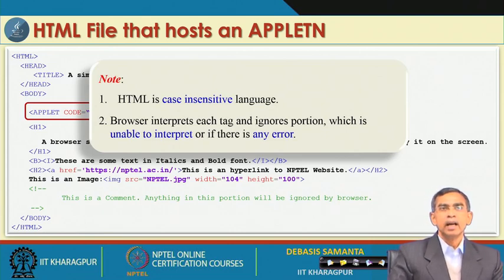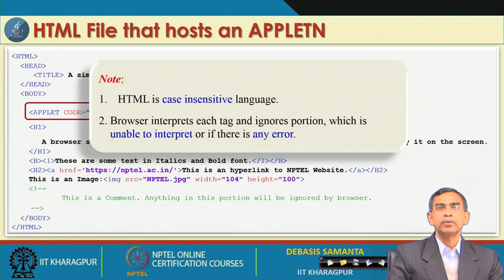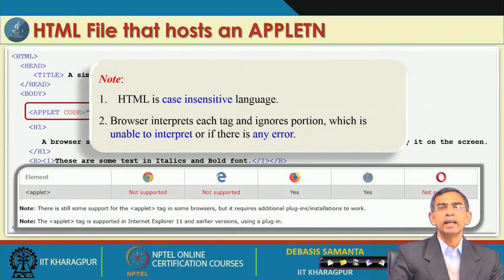Now, this is the idea, but there are a few hitches there. Applet is a little bit disregarded, in the sense that many browsers do not support it unless you use a special plugin for that. However, Chrome totally ignores any applet tag in the HTML page. Internet Explorer was supporting it till version 4.0, and after that it stopped supporting. Mozilla can support it if you use one special plugin for that, and Netscape Navigator